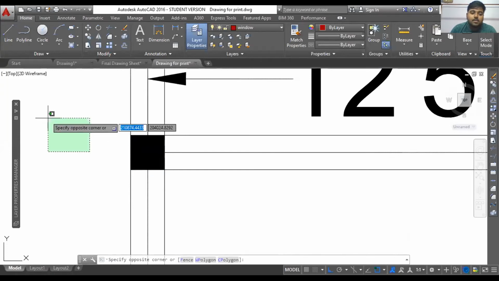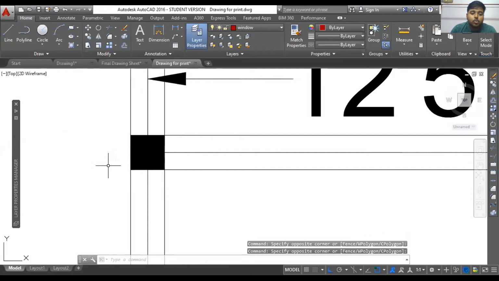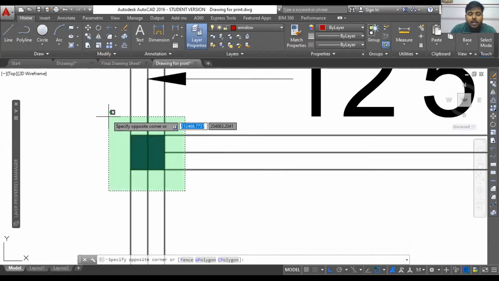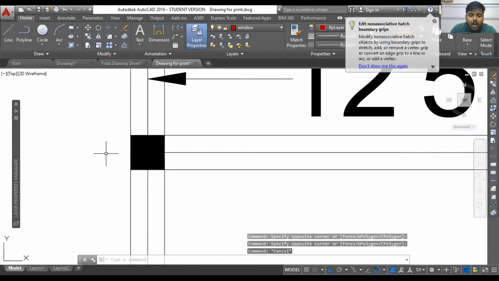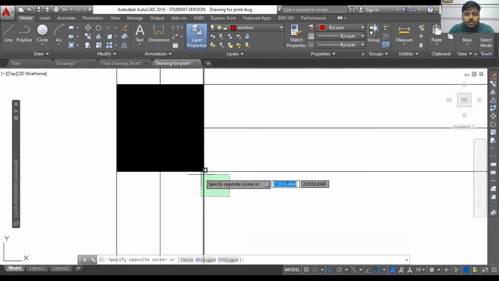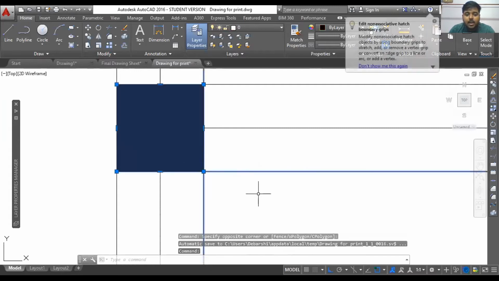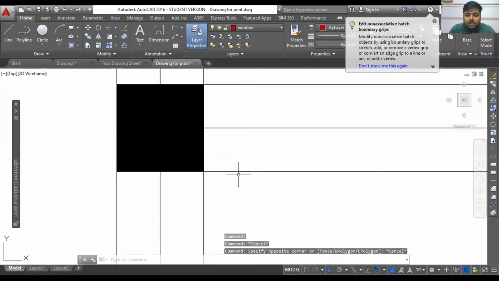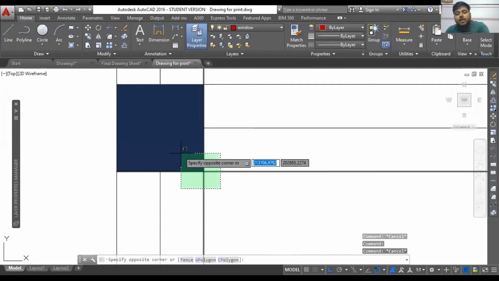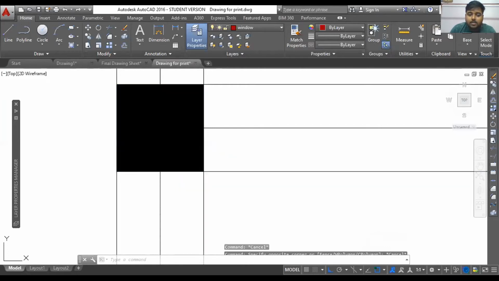And this is the opposite. With the green selection, whichever elements come inside your green selection area, all those elements will be selected. For example, I am selecting only this much portion of the particular column. See, I have just touched the column and it is already selected. As well as these two lines, this line and this line are also selected, because they come under this dotted selection, or green selection, you can say, the right to left selection option. So all the elements that come under this particular selection, even a small part, are selected.